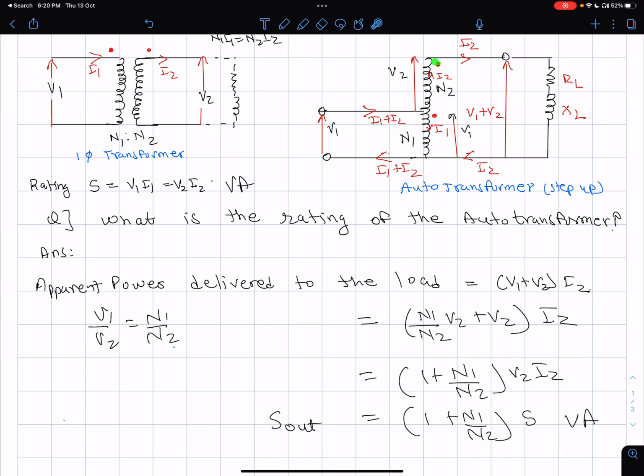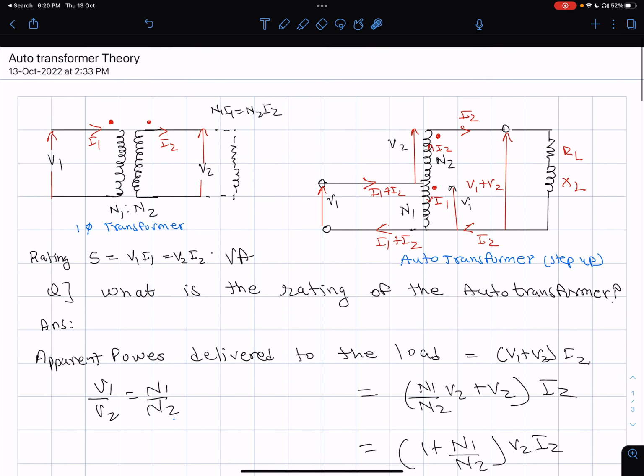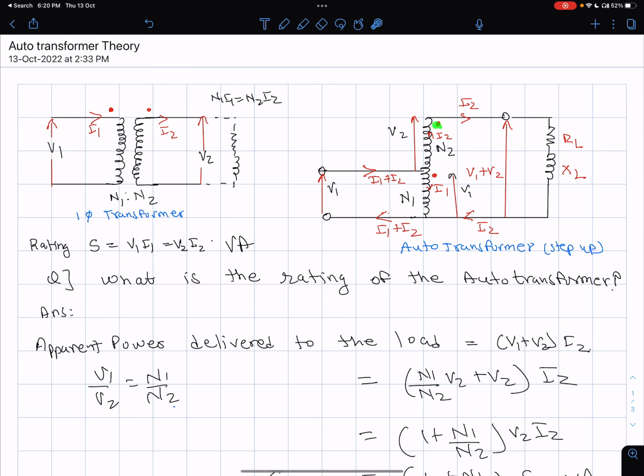But in case of an auto transformer, you have an electrical coupling between the primary and the secondary. So this could have some safety implications for you. One more small point I want to say is that the